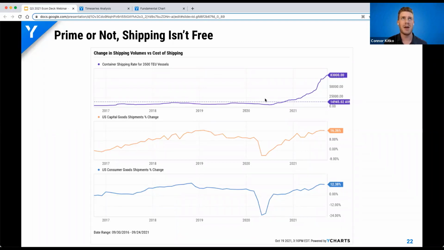And what this top panel here shows is probably a bit of a lesser known indicator, but one that's really interesting, and a couple of us at YCharts have been following pretty closely. So the container shipping rate for 3,500 TEU vessels. And this represents the daily rate for a 6 to 12 month charter of a container ship that can carry 3,500 20-foot containers. So I know that a lot of numbers were just said, but basically, if you want one of these vessels to transport your goods and you need to charter that vessel as a manufacturer, it's going to cost you